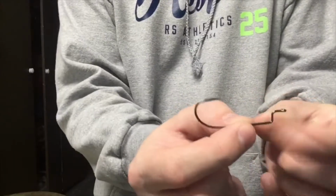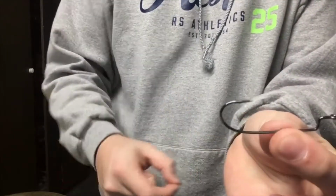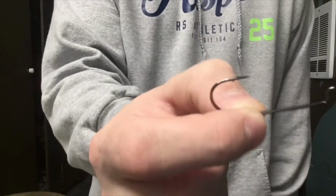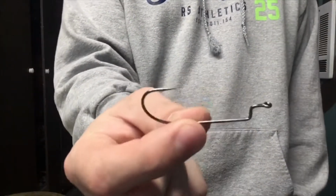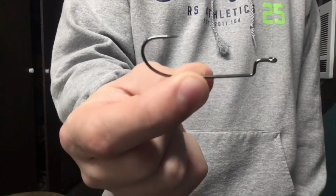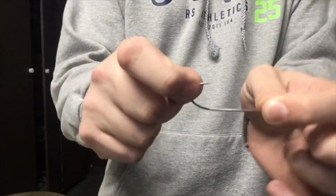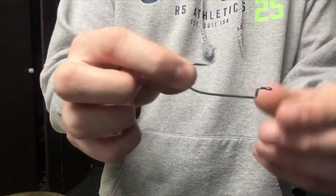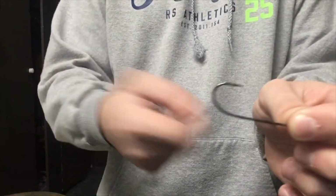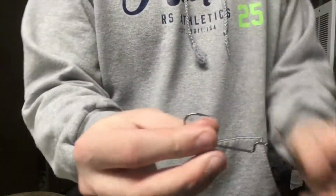The first kind is going to be a round bend worm hook, and this is just your regular round bend worm hook. It's for worms, as it says, a worm hook. You can use other soft plastics, but it's for soft plastics. Now this hook in particular, you can get in any thickness of wire. You can get thin ones that are really thin wire, which means it's going to bend a lot easier. So if we're throwing lighter gear, you can get the medium wire, which is what this is. This is just a regular wire. And then you can get the super line or the extra thick wire,